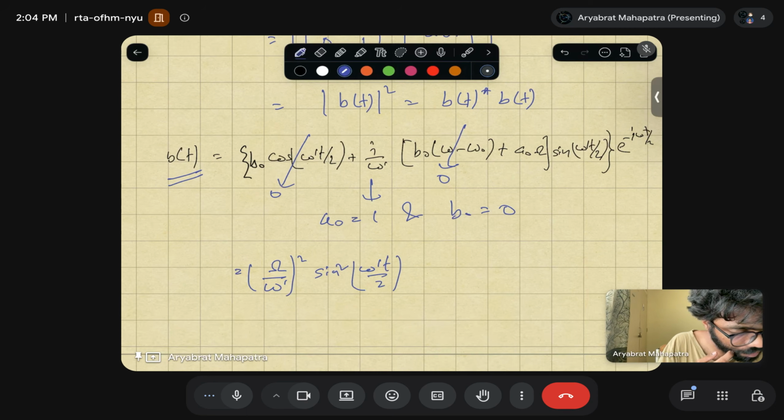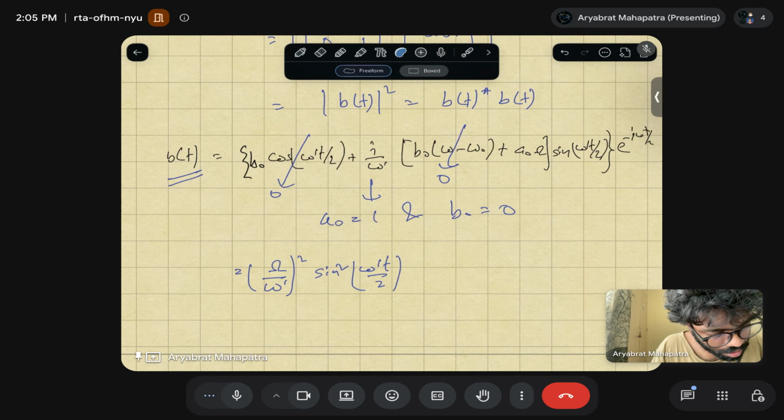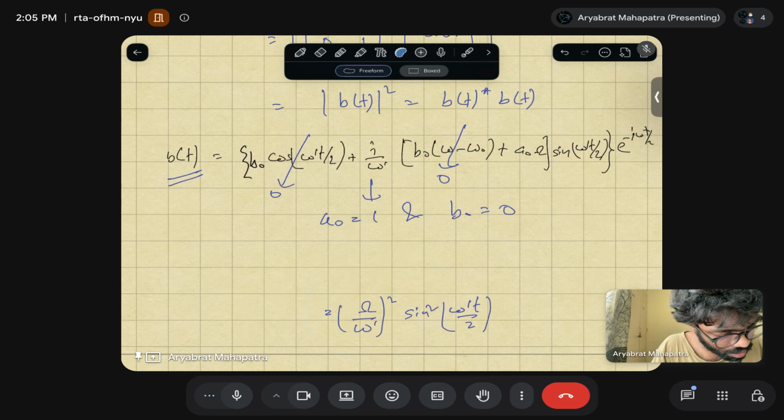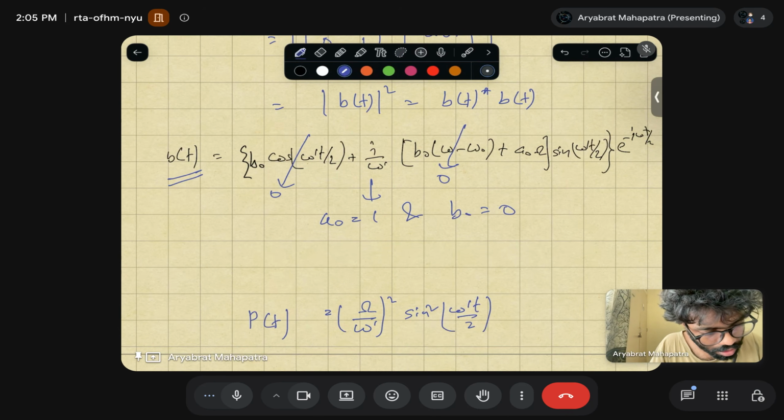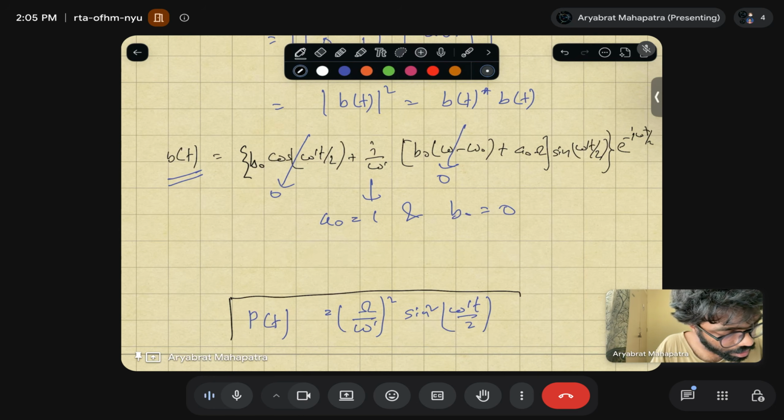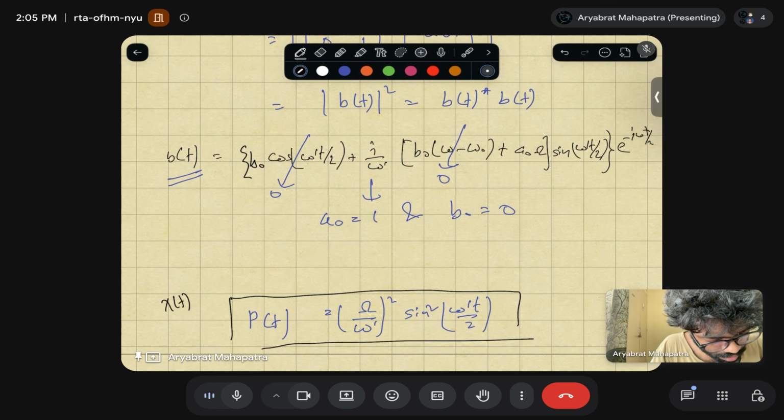So basically you will see that your probability at time t, the probability to get your spin down state from chi t,